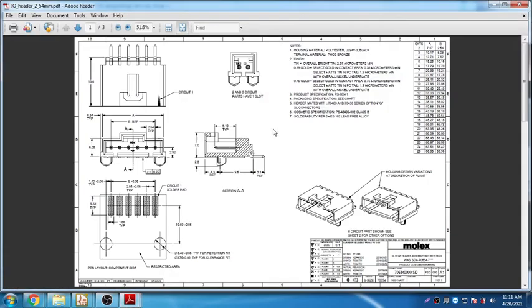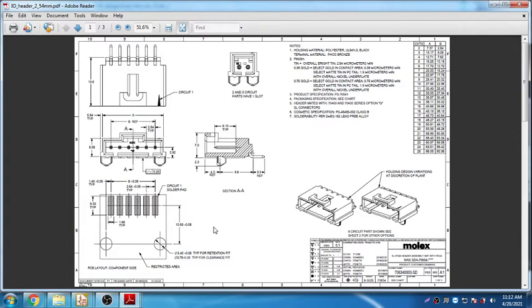Here I've already downloaded it, and the same thing is put up on the Moodle as well. This is the actual dimension of the component. The design has to be done. The mechanical students can understand how to interpret this drawing, but still, the exact pin to pin details are given here. You need to refer to the chart.